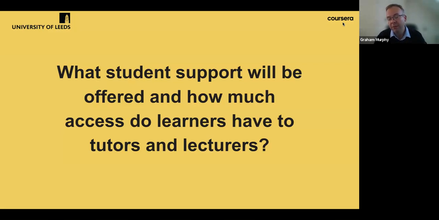But then thinking outside the individual modules, of course, you'll be a student of the University of Leeds. And there are a number of support mechanisms that are in place at a higher, more general level, to make sure that you're getting through the course, that you're progressing okay, and that you can manage your studies as well. You'll be able to reach out to a different type of academic staff to help you with those kinds of things. So we hope that students will feel well supported. We like to think that we're putting forward a good package of support, and that no one will feel that they're drifting around on their own.